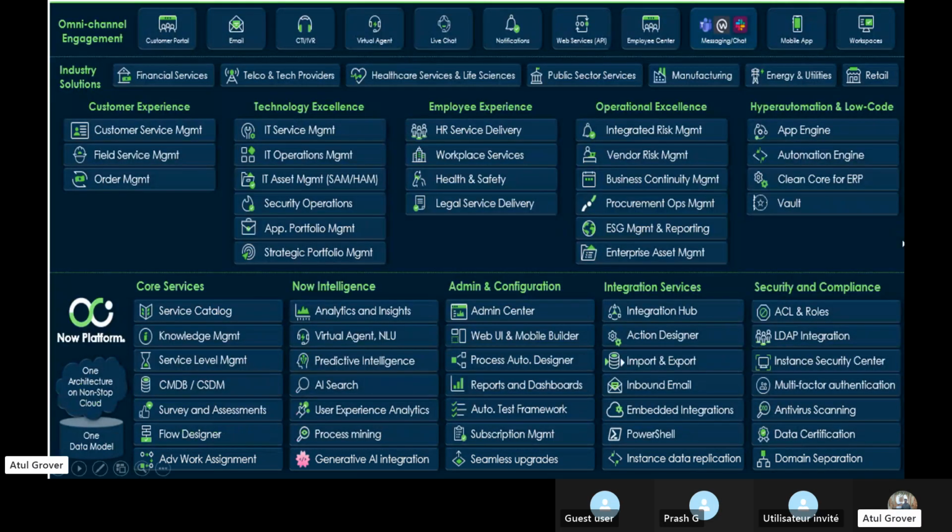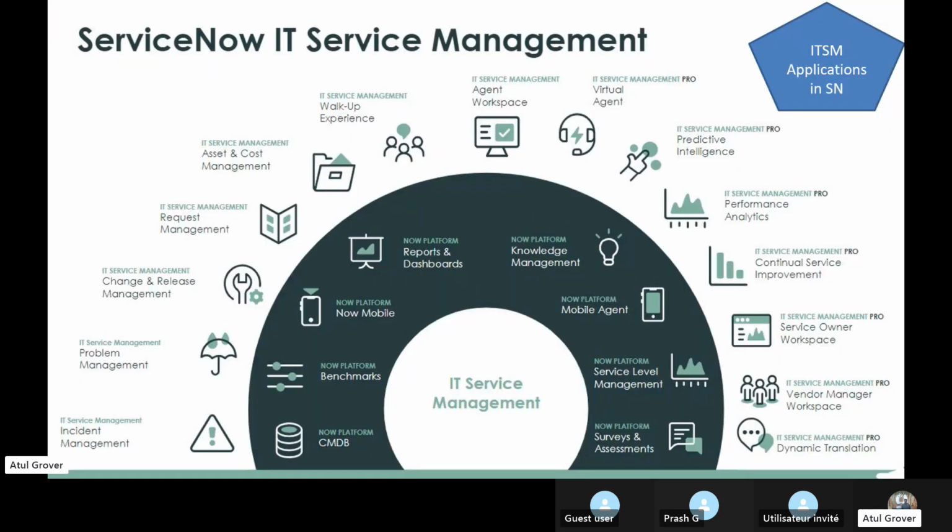So this is the Now platform, which is ServiceNow proprietary, not property, proprietary I can say, which is built by ServiceNow, and these are the base for the modules. I can say these applications are using these services of the Now platform. It's a very good slide. I'm not sure whether you have read this or not. There's one guy on LinkedIn who posted these slides, seven or eight slides, and this slide is part of that.